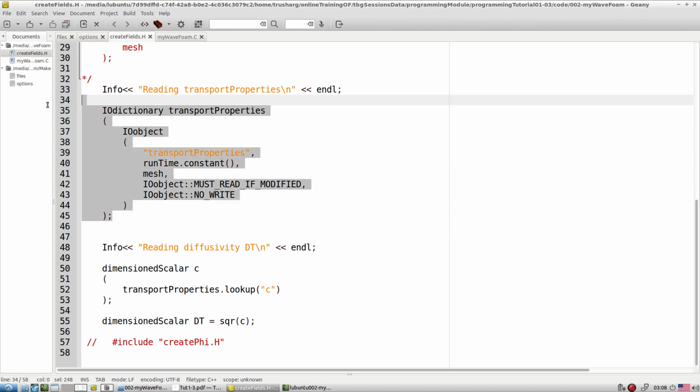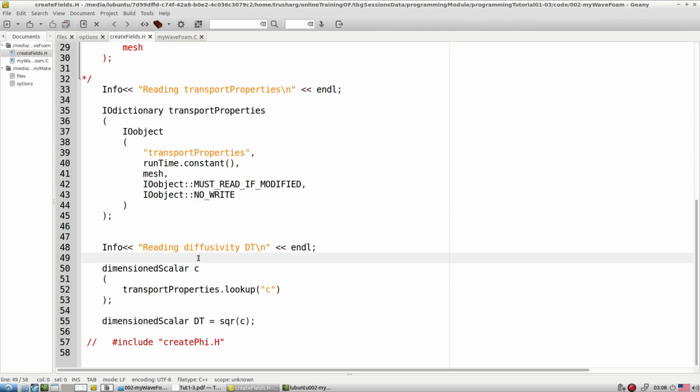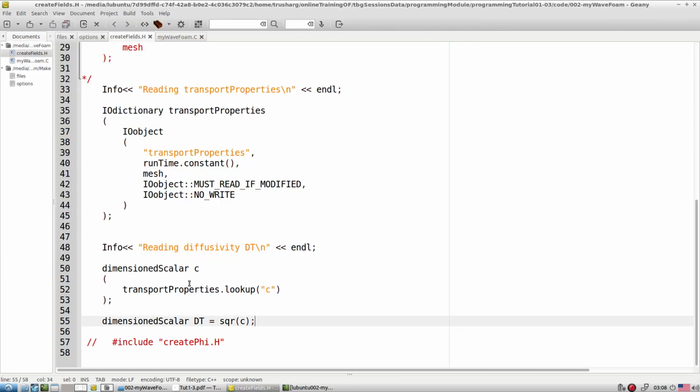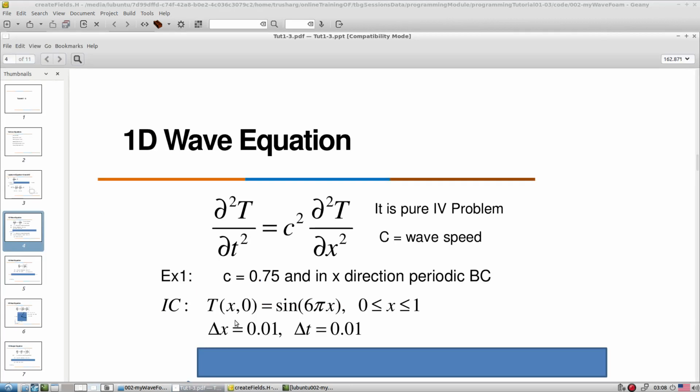When we create the test case, we will understand how to do that. At present we are reading some dimensional scalar c from the transport property file. Then we say dt is the square of that particular c. That's it. That is how we can specify the speed of sound inside the solver.